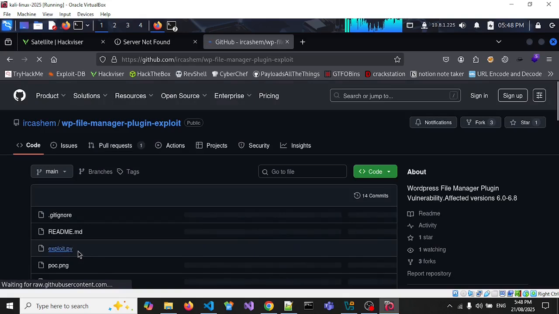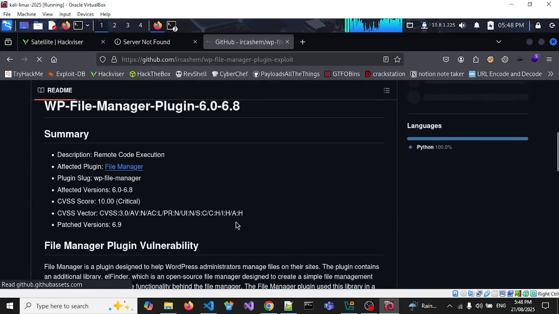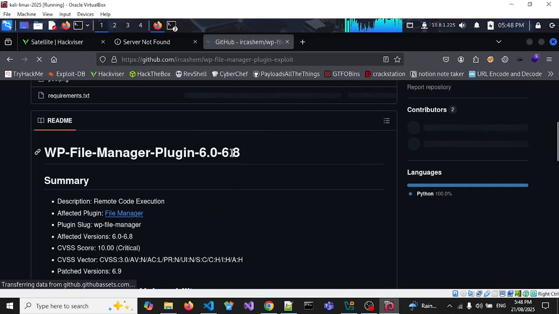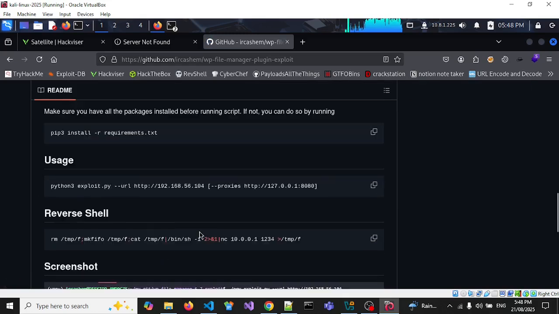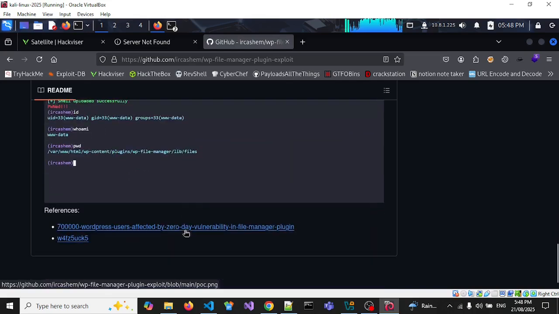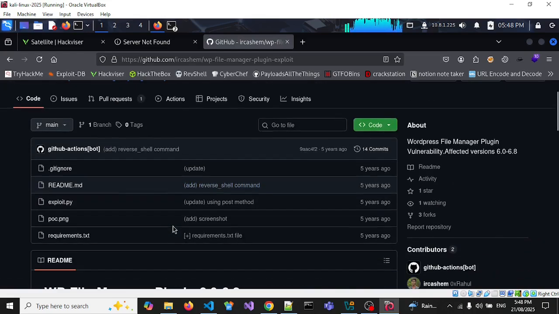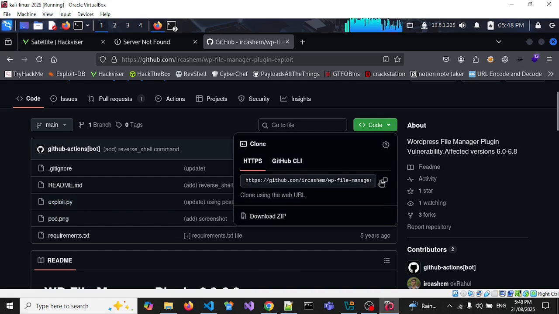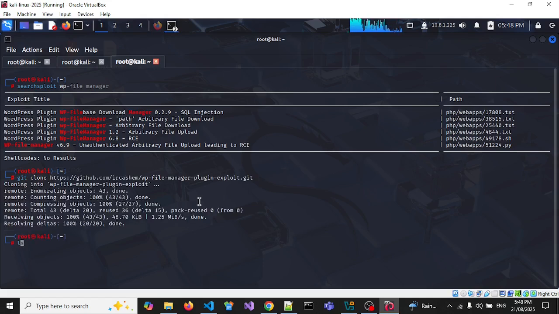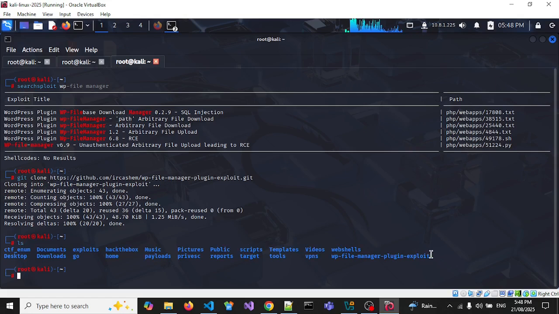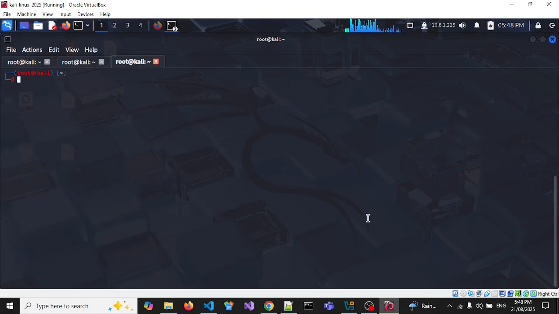And we have an exploit.py there, and it says it's vulnerable. Plugin 6.0 to 6.8, remote code execution. So maybe we can get a shell with this one. So we'll copy the GitHub code and we'll do git clone. We'll download that code and we can see we've got WP File Manager plugin exploit there, so we'll cd into that